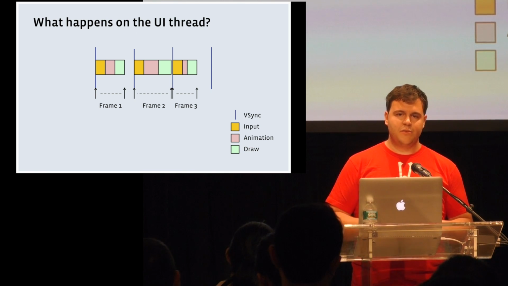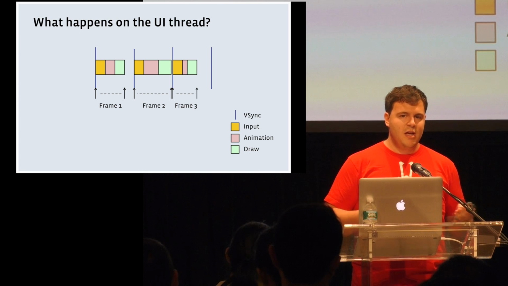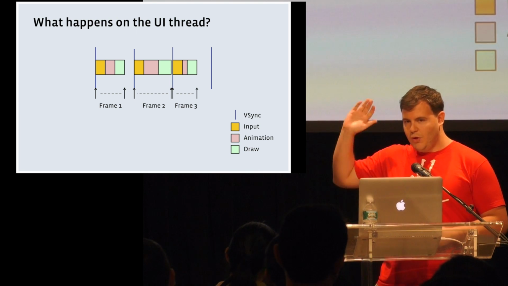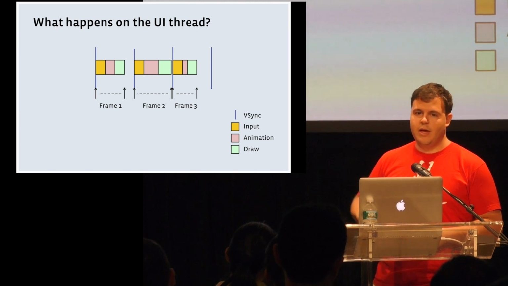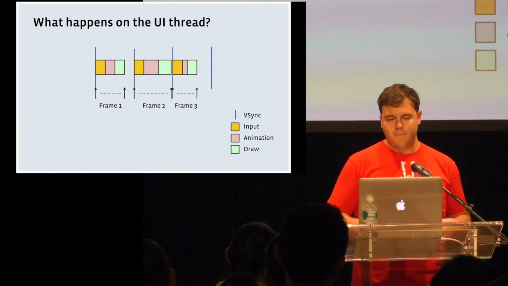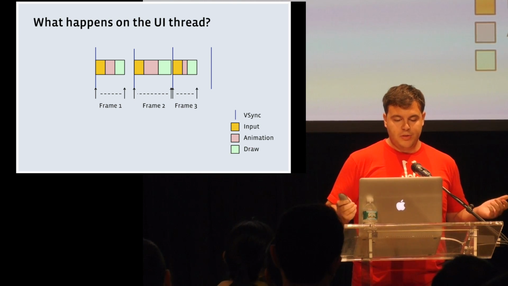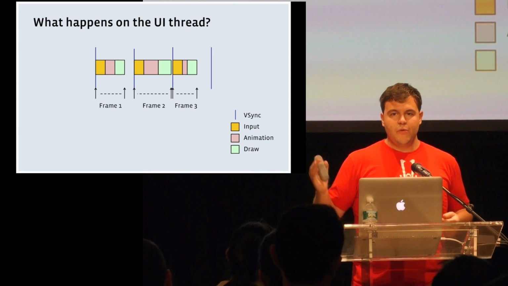Project Butter brought along this concept of a 3-frame buffer so that you had a little bit of wiggle room, but I'm going to simplify that for this talk, and you can just know that all of these tools do work and recognize that 3-frame buffer, and they still work. They recognize dropped frames. So once you've actually prepared that frame to be rendered, your UI thread can go idle